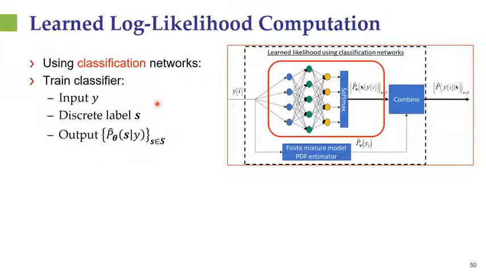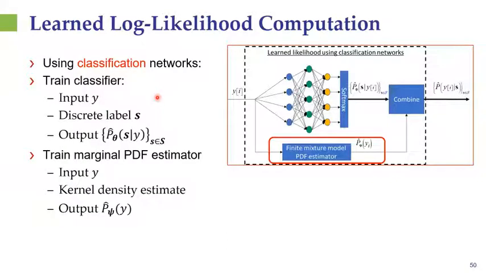And now let us recall that classification networks are capable of accurately learning the conditional distribution of a cat given an image, which is way more complicated than learning the conditional distribution of a set of constellation symbols given an observed channel output. So this implies that we can use a relatively compact network here in order to implement this part. However, what we are interested in is not the conditional distribution of the channel inputs given the channel output, but the opposite. So what we can do is use another machine learning tool to learn the marginal probability density function of the channel output.